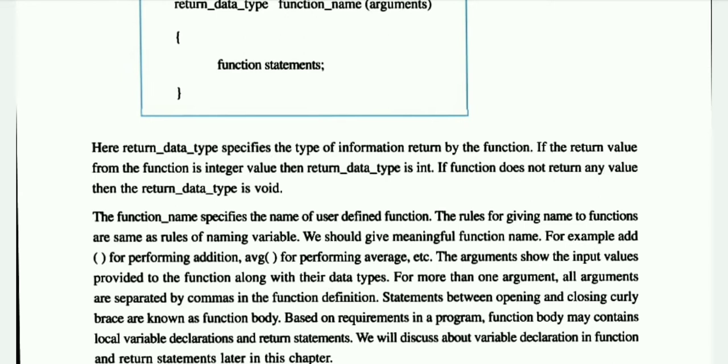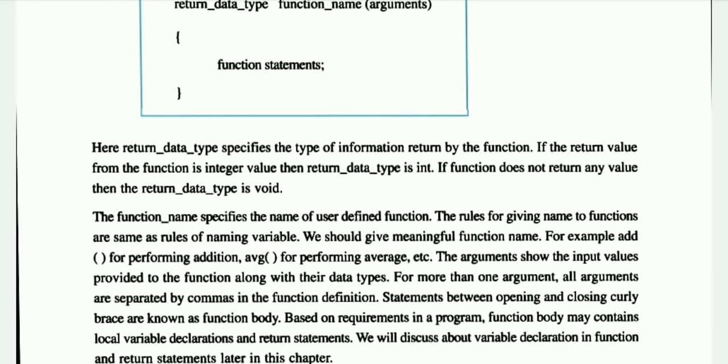So based on the requirements in our program, the function body may contain local variable declarations and a return statement. So whatever variables we declare within those opening and closing curly brackets are known as local variables, and we can use them inside that function only. So these are the rules of the function definition.